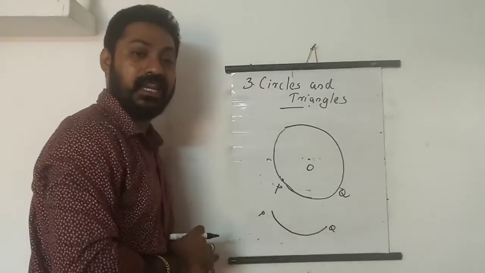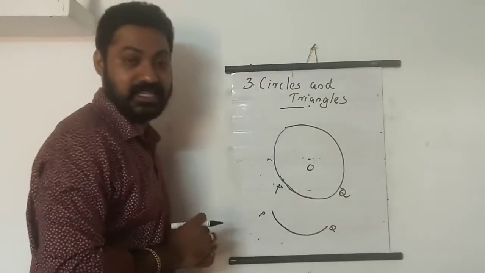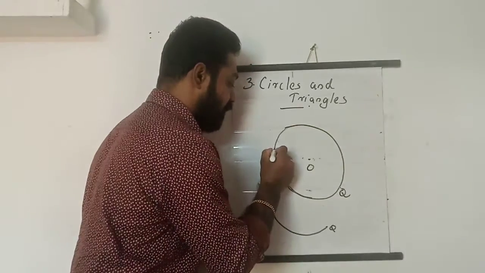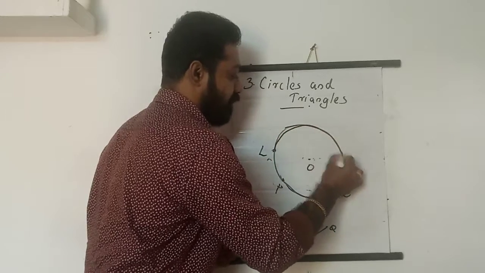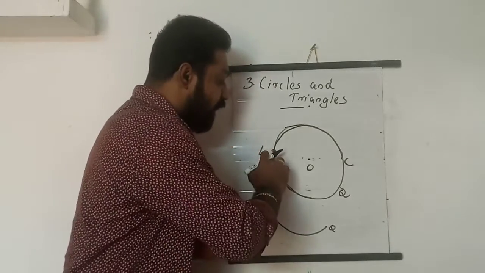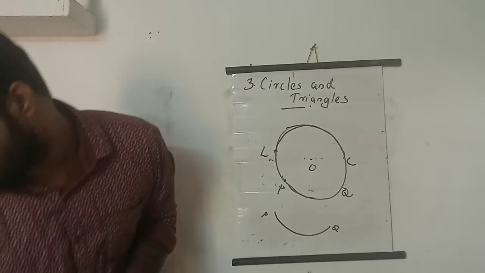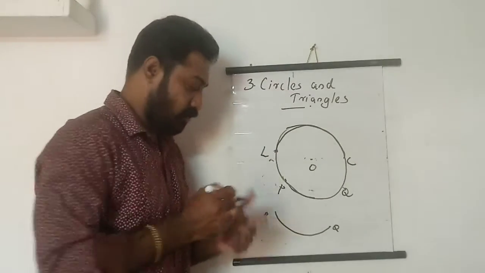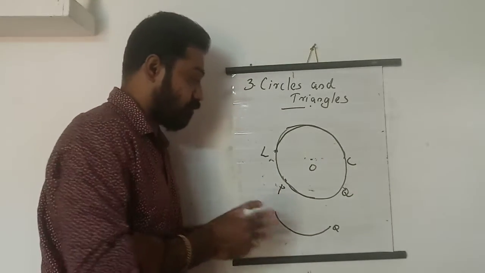This is not a line segment, isn't it? So we will call this kind of portion an arc. This is called the arc PQ of the circle. I am taking a part this way, L and C, and this portion of the circle, this curved part, is called arc LC. This kind of thing is called an arc of the circle. So this portion is arc PQ, and this portion is arc LC. Like that, arcs make a circle.